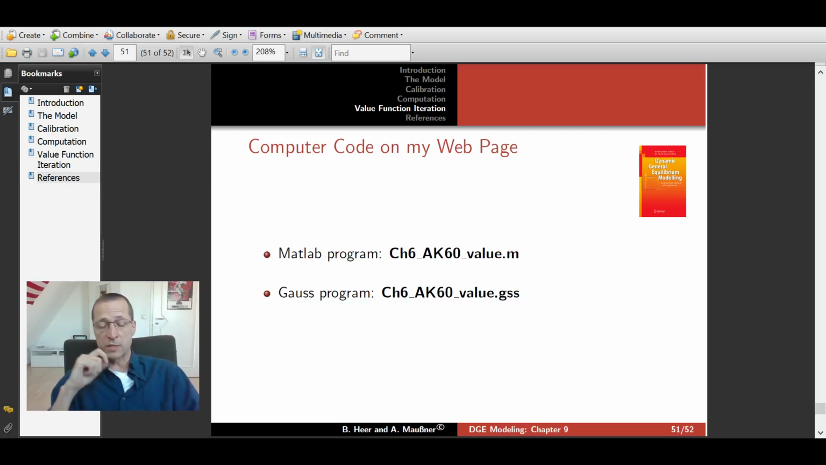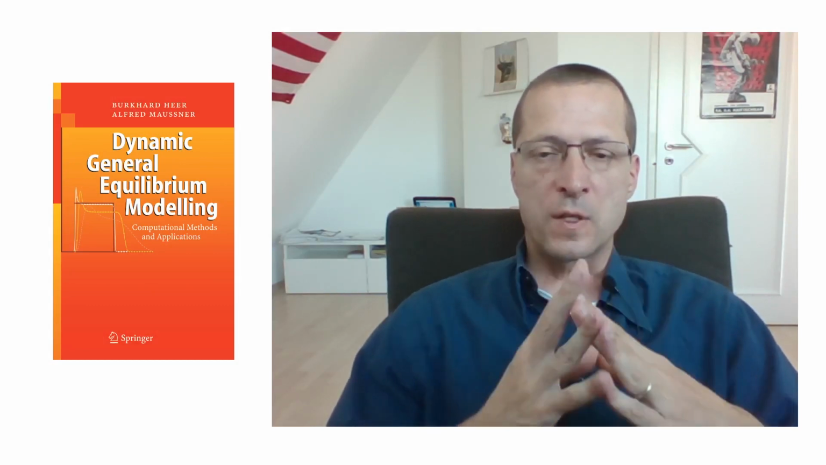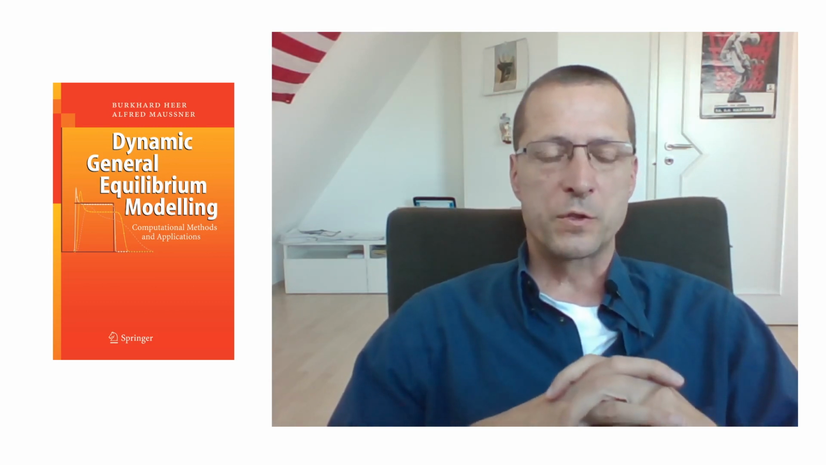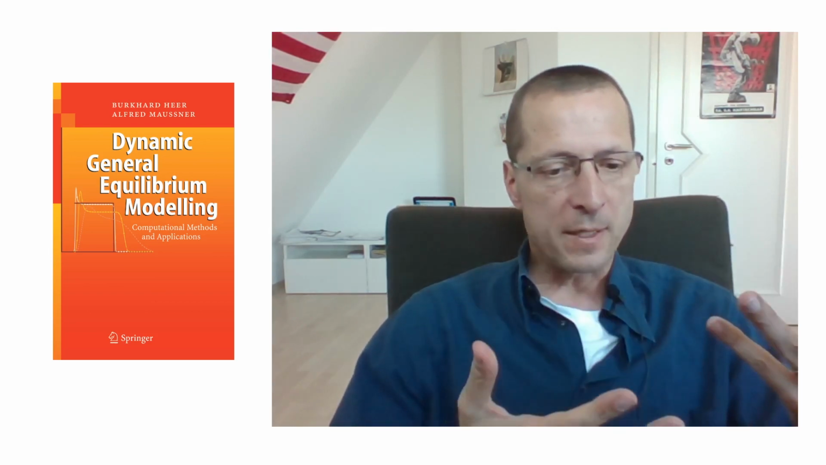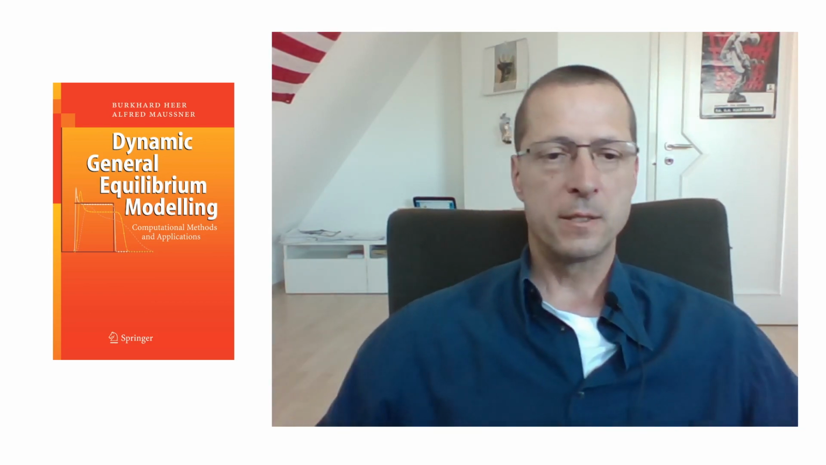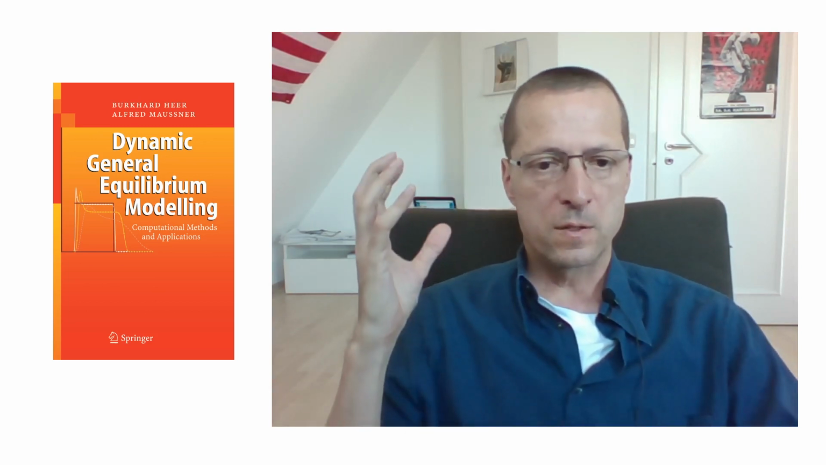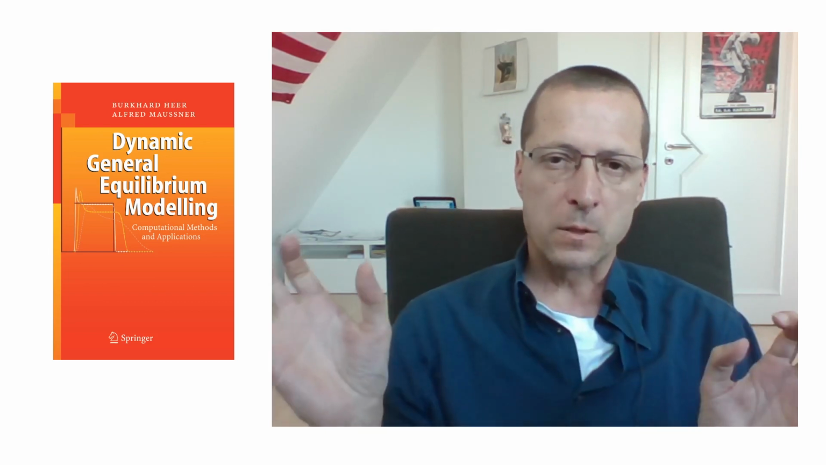So let me summarize what we did in the Gauss computer program, chapter 6, akvalue.gss. We used the insights of Richard Bellman from the 50s when he was doing work on dynamic programming, which is also some mathematical insight and also some computational insight. And the great idea about his Bellman principle of optimality was that he could split up the